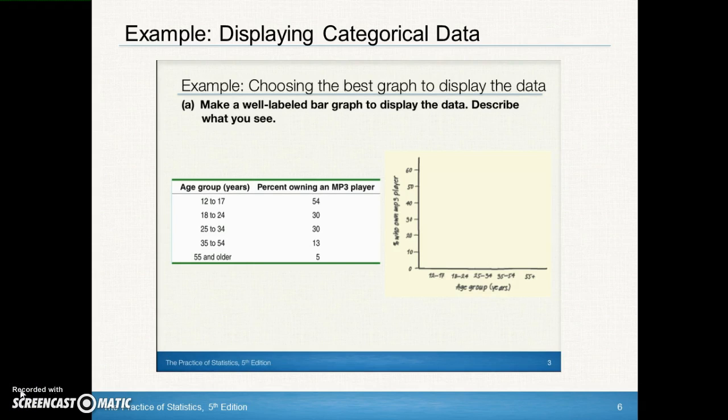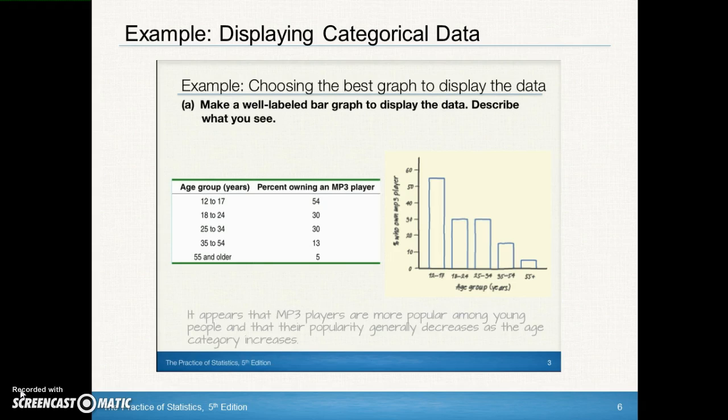Make equally spaced marks and label each by units of 10. To make the bar graph then, what we'll need to do is draw one bar per category whose height corresponds to the percent owning an MP3 player in that particular category. As you can see then, we end up with 5 different bars. Notice they don't touch since we have different categories here, and the heights of each correspond to the percents in